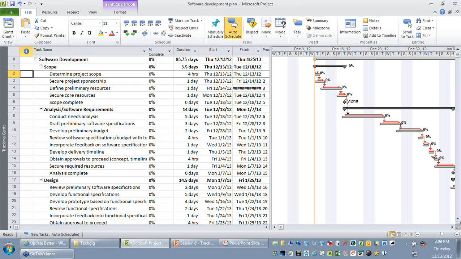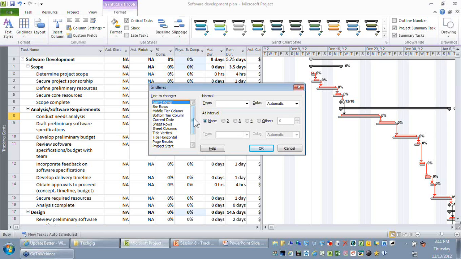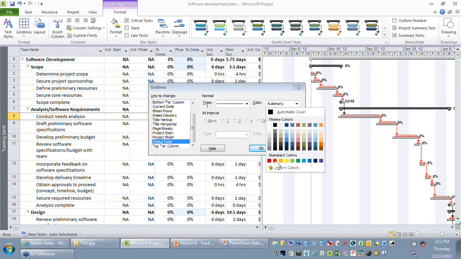We would like to have the status date as a reference date on my screen, so that we will be able to know which activity should be before the status date and which activity happens after the status date. So I will go to the format ribbon, where you can see there is an option called grid lines. Let me select the grid lines option, and I'm just going to select the status date as the line to change. By default, the status date line will not be shown on your Gantt chart. So let me change the line and give a color to it.